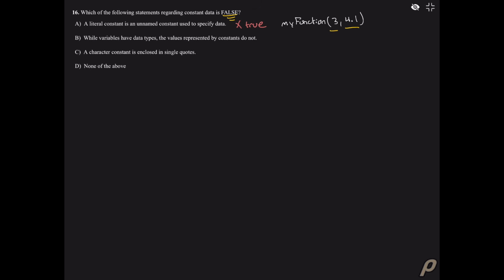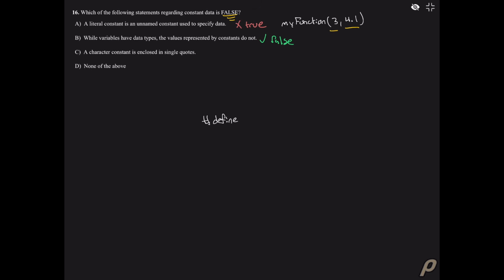So B, what about B? It says, while variables have data types, the values represented by constants do not. When it says constants, this could mean literal constants, like the ones we were talking about before, or this could also refer to our hashtag define. But this is false, which makes it a correct answer, as both those types of constants,